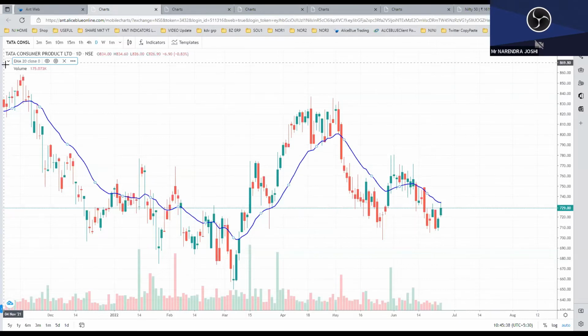So now see, this is the level of upside on around 735, because you can see that stock can break this level, and if it gets the closing above 735, तो आप यहाँ पे बाइंग कर सकते हो, इस स्टॉक को बाय कर सकते हो इंट्राडे में। तो अपने को एक स्टॉक मिल गया।